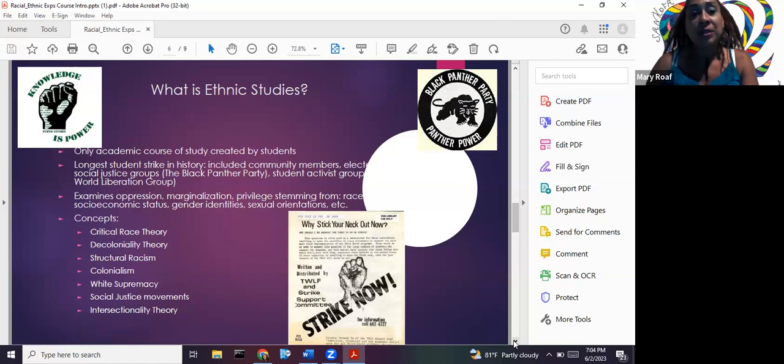And these student groups consisted of a Black Student Union, a Chicano Power at the time, right, Latinx student organization, one Native American student organization, and two Asian American Pacific Islander student organizations. And the whole intent of this movement was to actually fully integrate everyone's histories, everyone's current day contributions into the history and the reality of what it has taken to build the United States and what it takes to continue